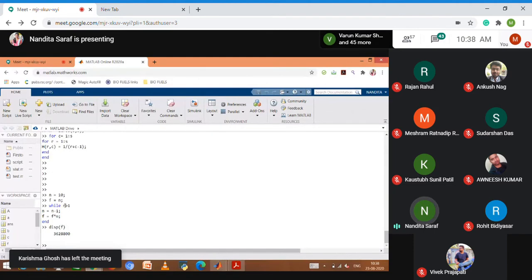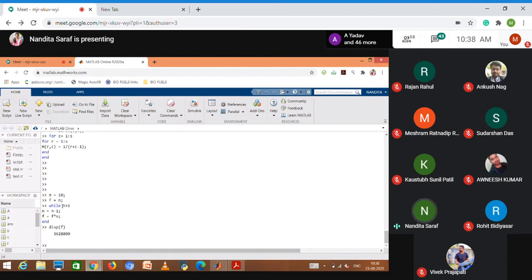My n, its numeric value is 10, which is obviously greater than 1, so it will go inside the loop. If I specified n equal to 0 or minus 10, minus 20, whatever, it won't execute the loop. It will just display f equal to n, whatever the number less than 1 is.